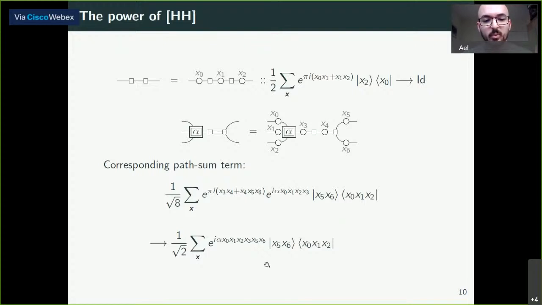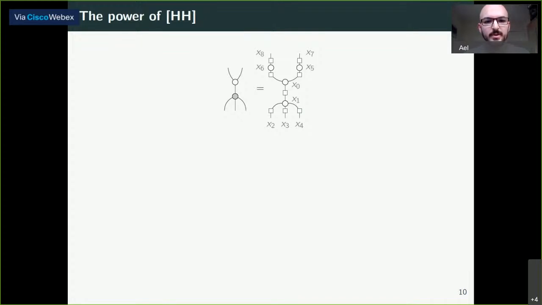So there is only one big monomial left, which gives this diagram, and this diagram is exactly what we wanted. So here we realize that the HH rule actually does the H-box fusion. Now, if we look at the ZX bialgebra, we put this side of the rule into a hypergraph-like mode, and we compute the path sum term,